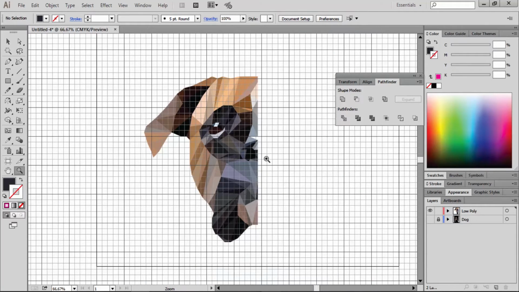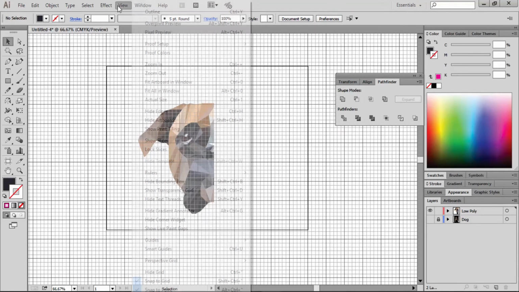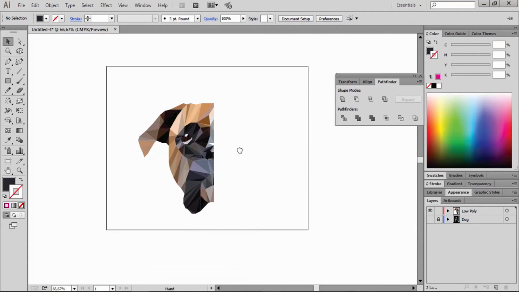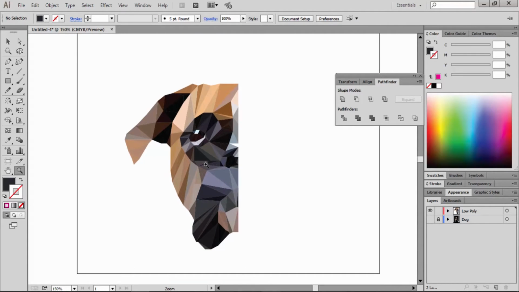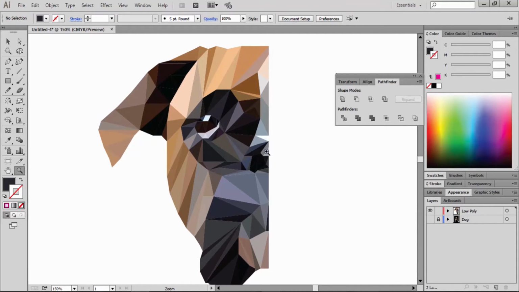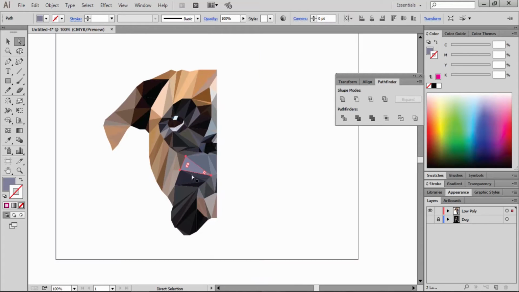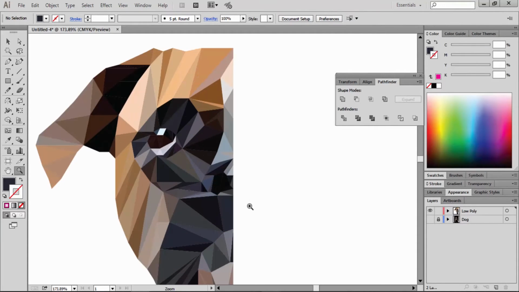You can shut this layer off and let's hide the grid, and let's fix some of these triangles. For example, this could be this color instead. We could also make these triangles darker so that it actually looks like the dog's mouth. This part is actually up to you.